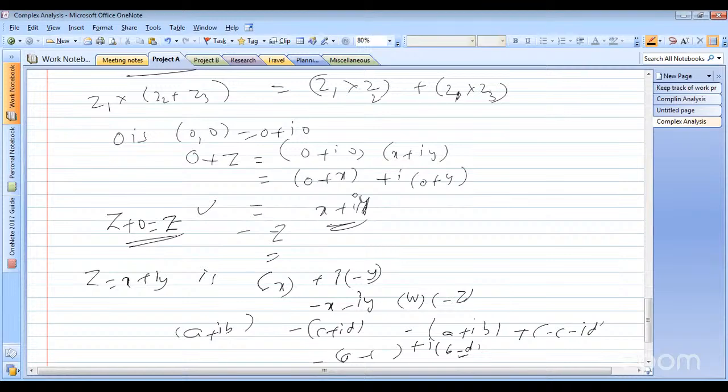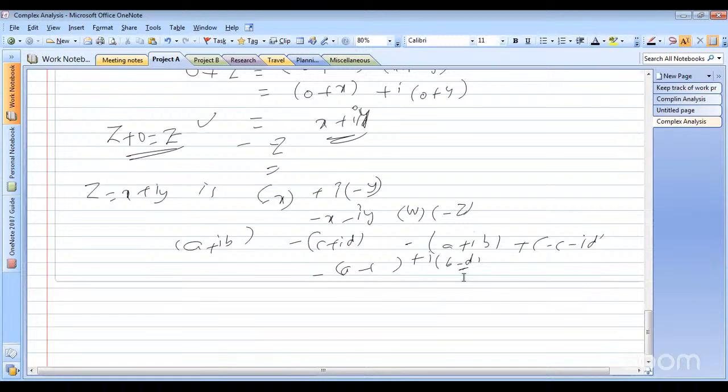So therefore, A minus C plus B plus iD. So we are writing this one. As per the additive inverse, we are taking some one here, and another one we are taking here. So w1 minus